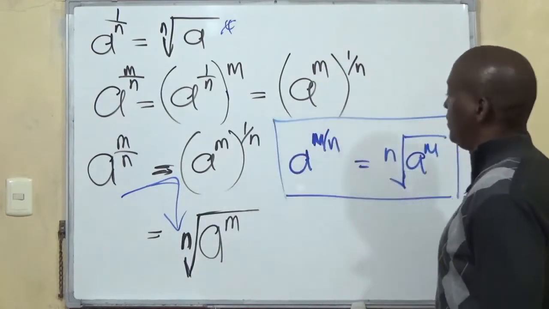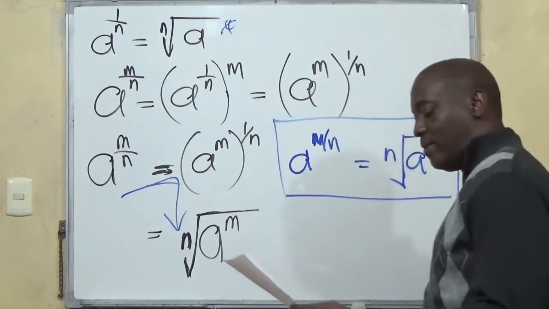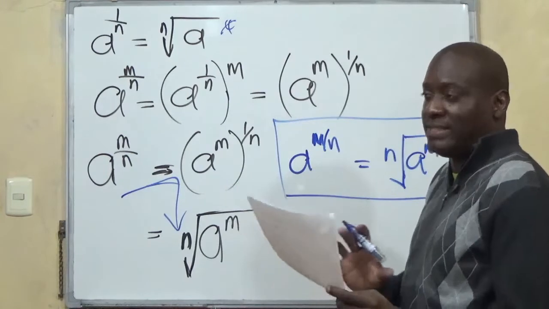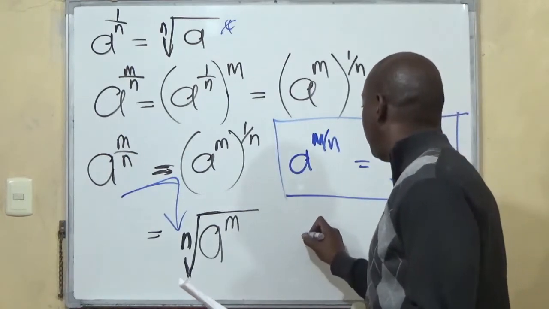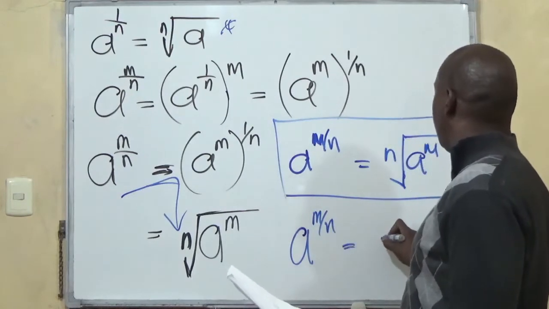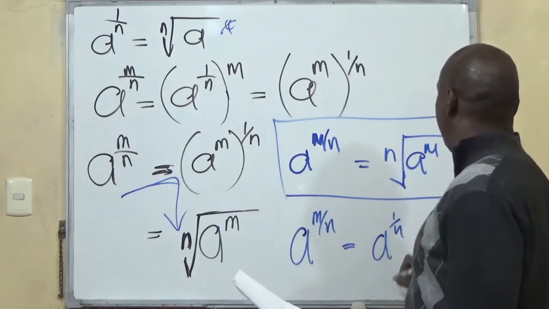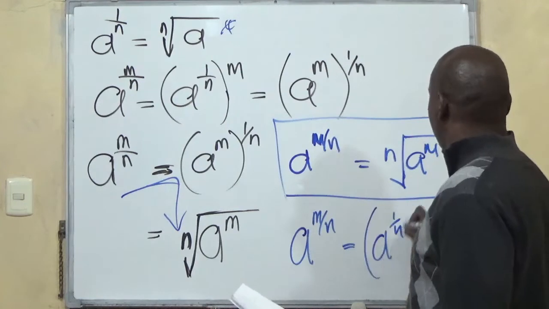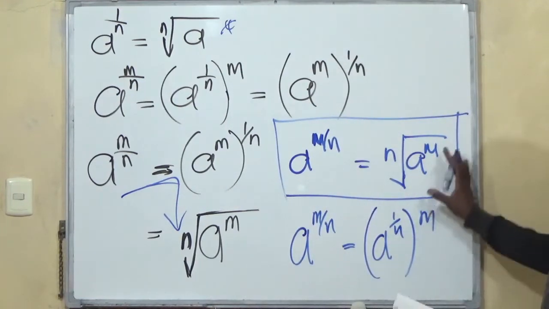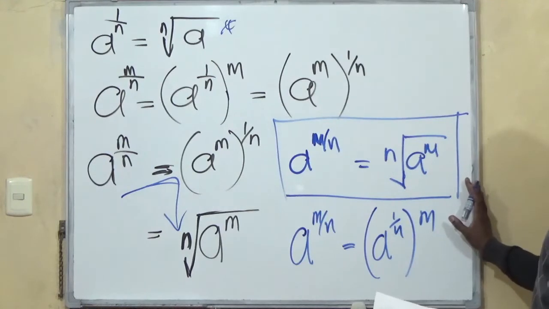Right? So you know that, and you also would have known it where we took the root first. So anytime when you take the root first, the expression will be a to the power of m over n is equal to a to the 1 over n, to the power of m. If you want to use the root sign,